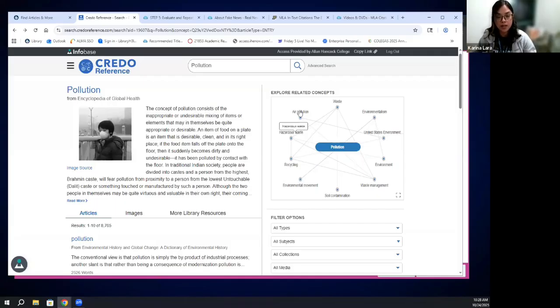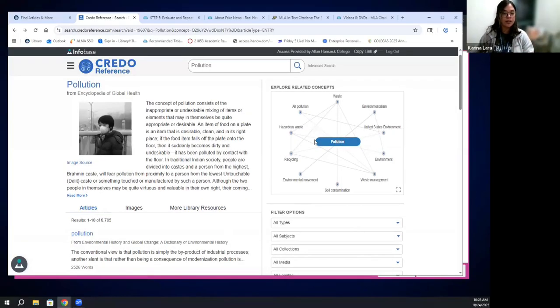So hazardous waste, air pollution, recycling. So I do want to point to that mind map. When you're here in Credo, I highly, highly, highly encourage you to click on multiple search results because they are all coming from different encyclopedias and dictionaries that are looking at the topic from a specific point of view. So for example,